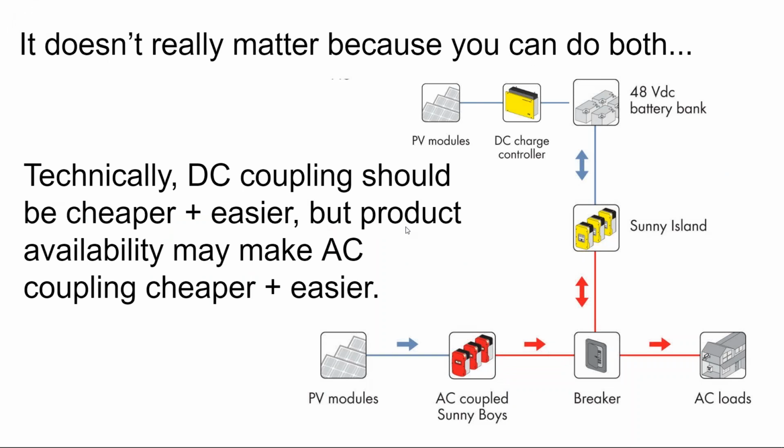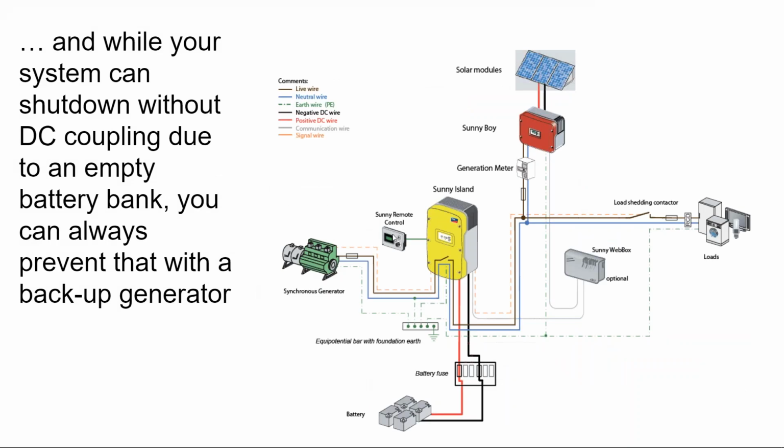And so I would not get, and the fact is you could do both. You could have an AC coupled solar array on AC coupled to a battery bank and still have a little bit of solar that's DC coupled to that battery bank on a small charge controller in order to overcome that black start issue. And you can always add a generator onto it.